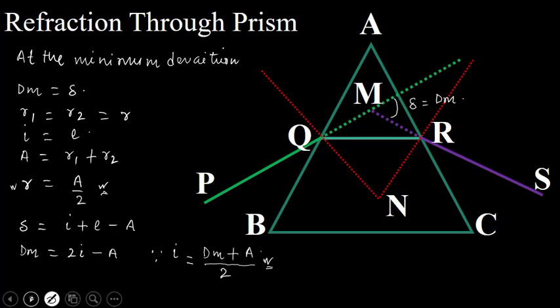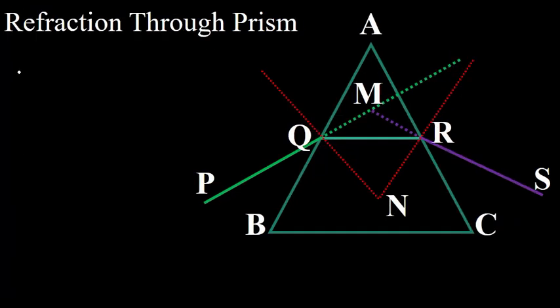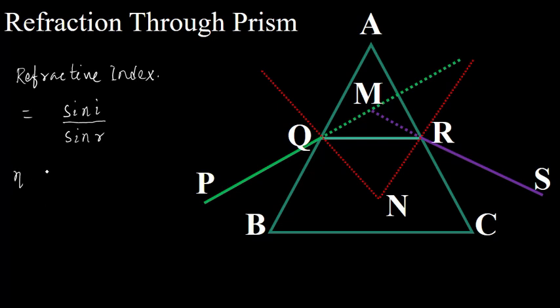So we write down here the refractive index, according to second law of refraction or Snell law, sin I by sin R. Refractive index is generally denoted by Greek letter mu, so we write down here mu equal to sin,